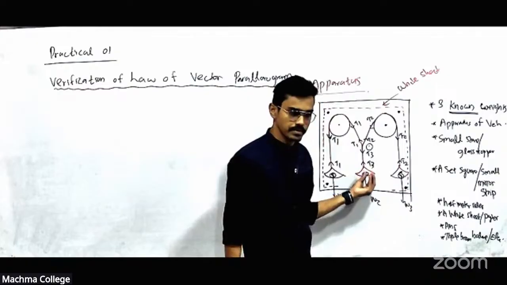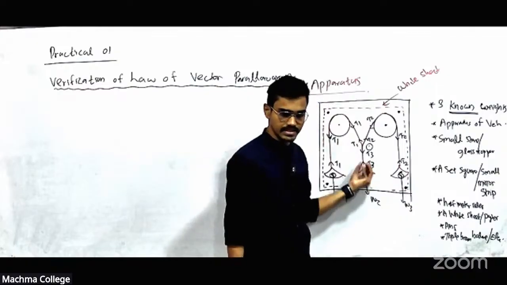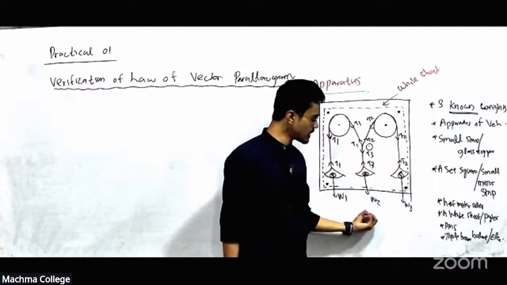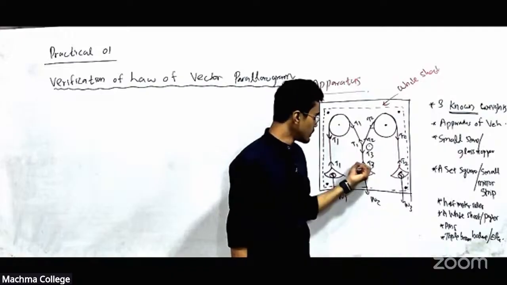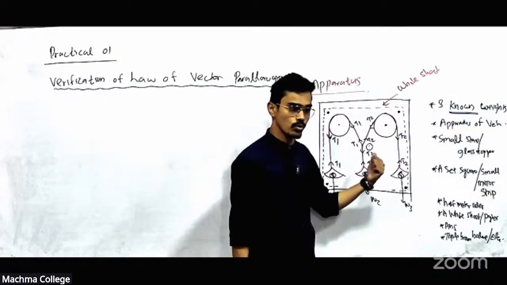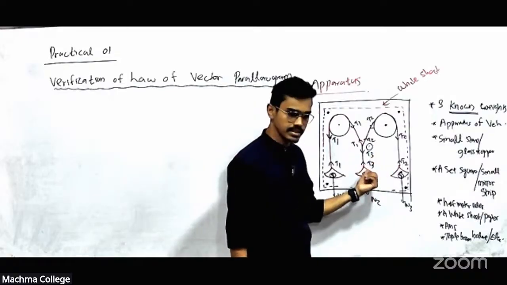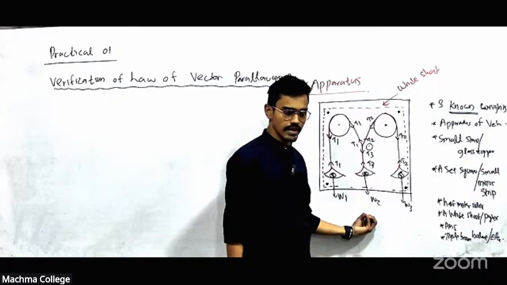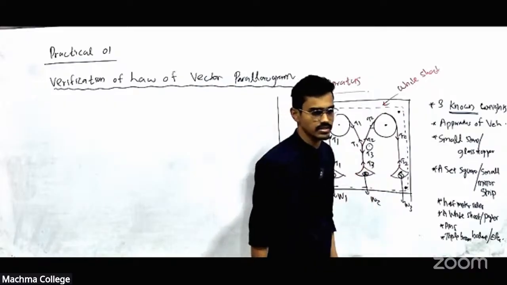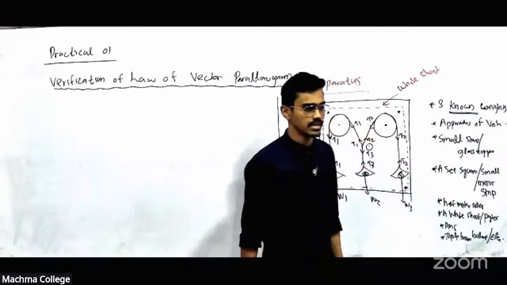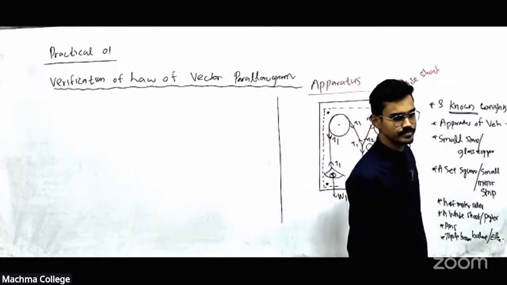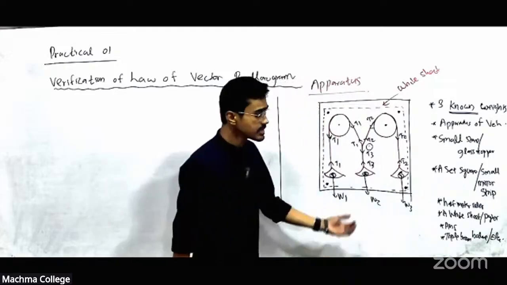So for that, what is done is this. After the setup is done, this middle mass at the center is dragged down and released, right? Once it is dragged down and released, if it comes to the same point it was before, the initial point. Initially, say it's here. Now we are dragging it down like this and then released. Again, if it's coming back to this point when resting, which means there is no friction. Same energy, according to the law of conservation of energy. That's the logic. Right? So therefore, that is what we do.